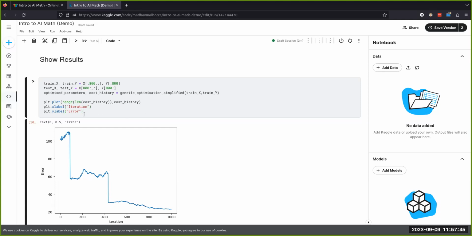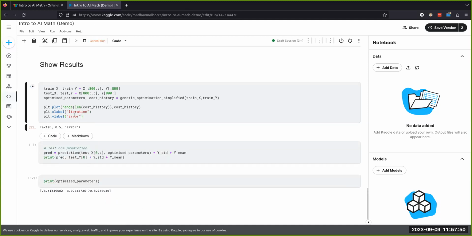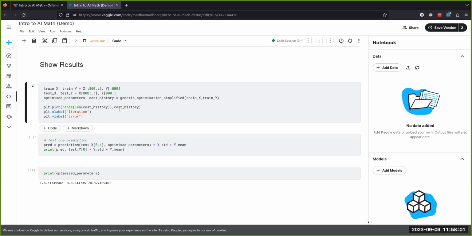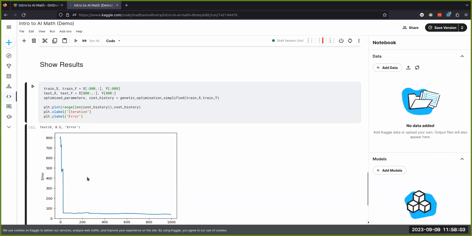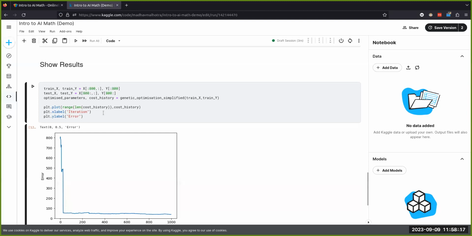Because this algorithm is based on randomness, I could in fact run the algorithm again. And now the algorithm starts with some new parameters. You can see it immediately gets very lucky and then not so lucky, not so lucky, then gets lucky again at the end. Every time I do this, a new graph will pop up because of this algorithm being based on randomness. Now, there are other optimization algorithms, just like there are other error functions in AI. I just chose the simplest ones to show you because this one is just trial and error.